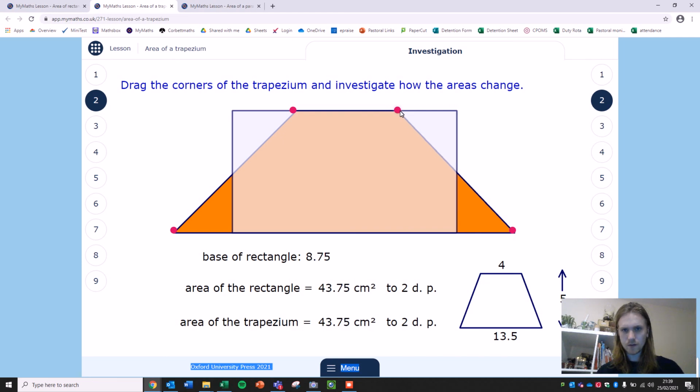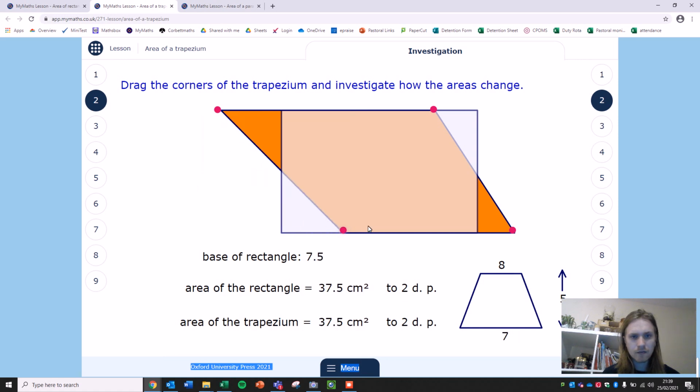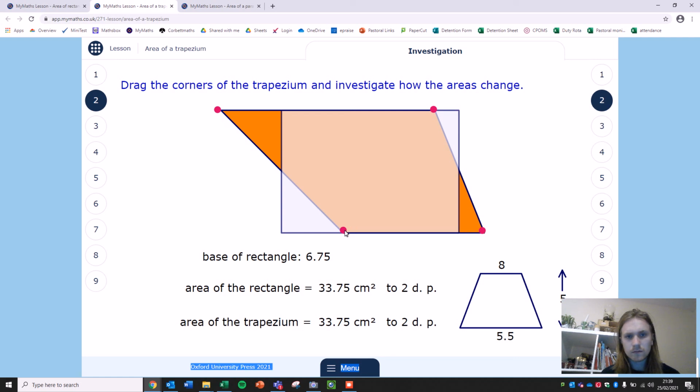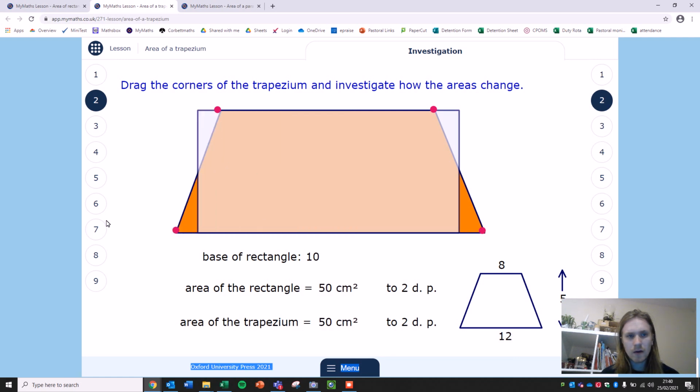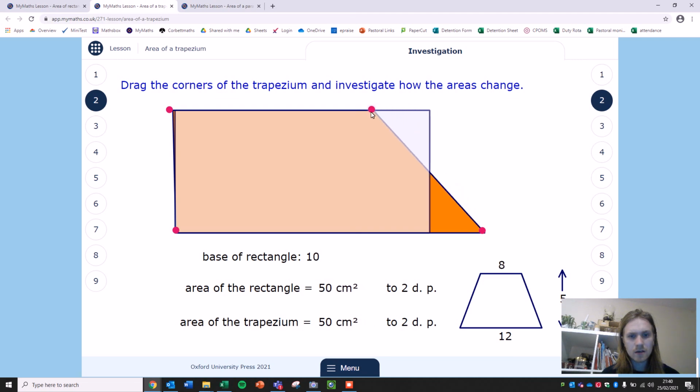So if I move these points, let's not move it too much, let's move it to there. We'll move this one to here. Or I can move this over, make it a different shaped trapezium, move these ones in. Or I can move them out again. I can make that one straight. I'll move this one in. You can keep playing with these, but notice that the